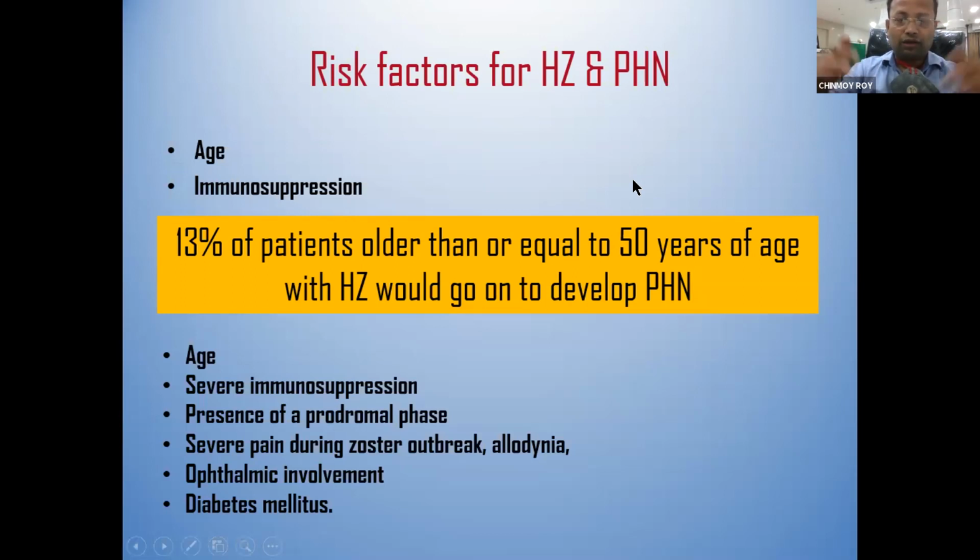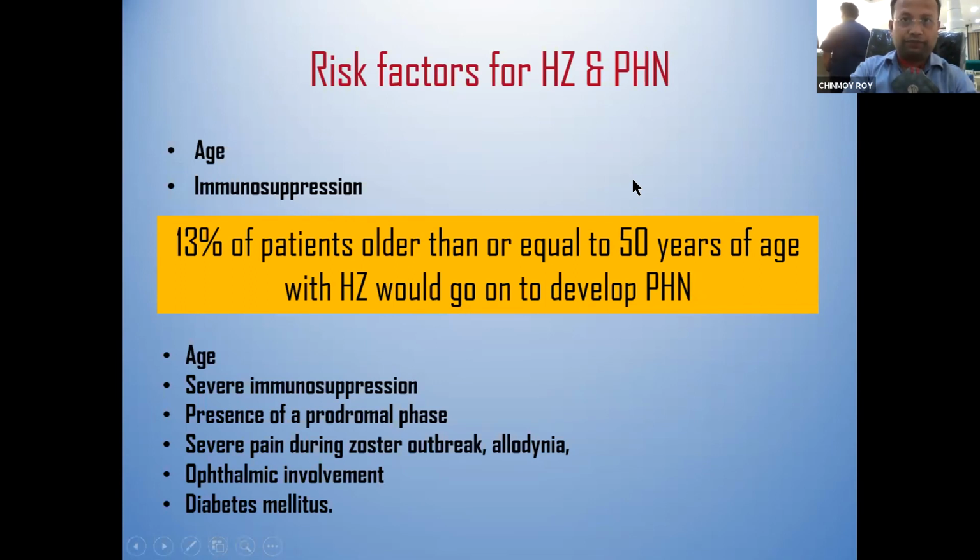So you have understood what happens. First we get chickenpox in our childhood, then the virus stays in the ganglia of the peripheral or central nerves, and then it reactivates due to some reason. Then we get the attack of herpes zoster. The virus is the same: in childhood it is chickenpox, in adults it is herpes zoster, and after herpes zoster we get post-herpetic neuralgia. Both have different risk factors.